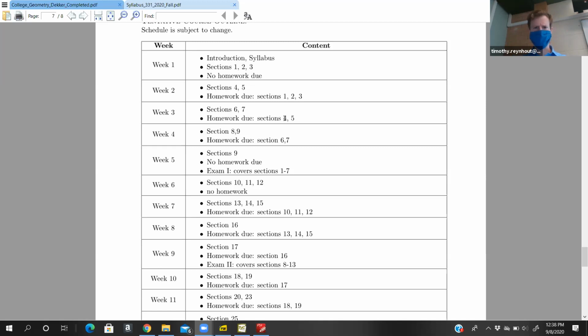Of course, sections 4 and 5, the homework for those are due today. And let's see here, with 6 and 7 finishing up this week, that is the end of the first unit. So then we'll move on to the second unit next week, and we'll have an exam over the first unit the week after that. So section 6 and 7 homework is due week 4, so week 5 we have the exam. The exam will be take home, so it'll be posted on Blackboard, submitted the same way that you submit your homework.